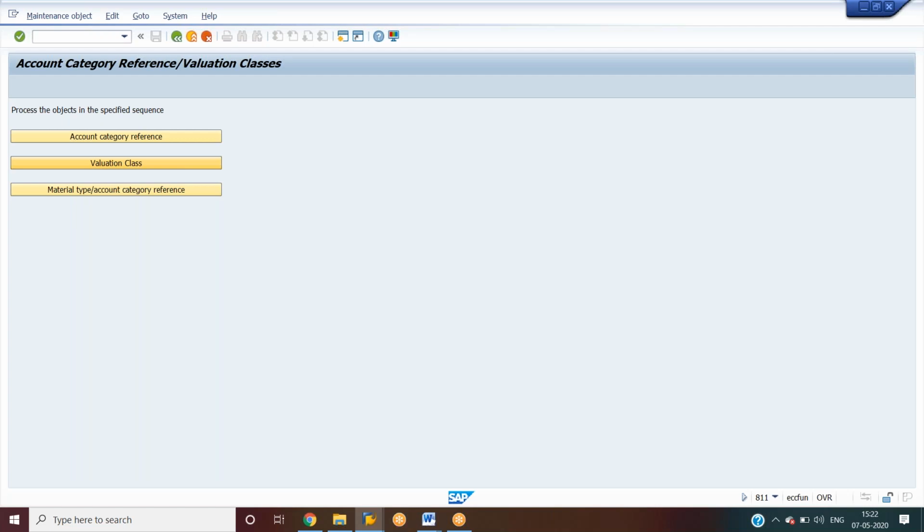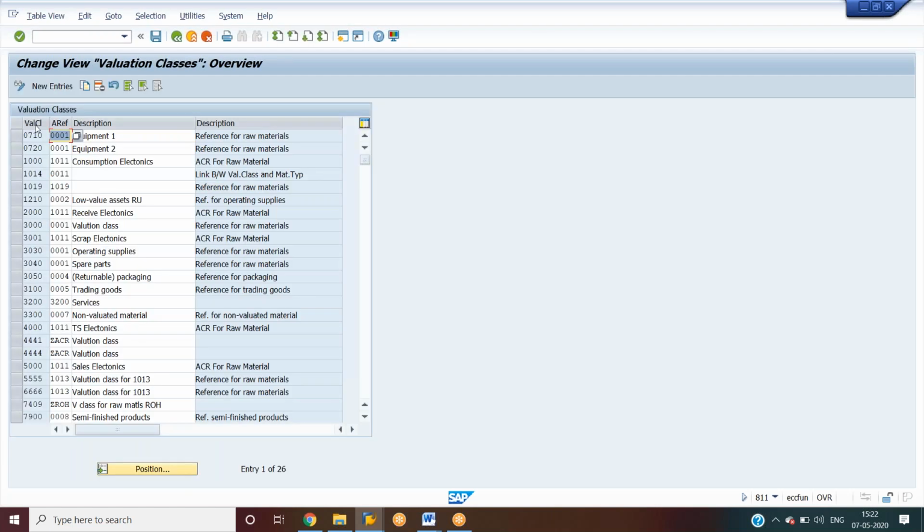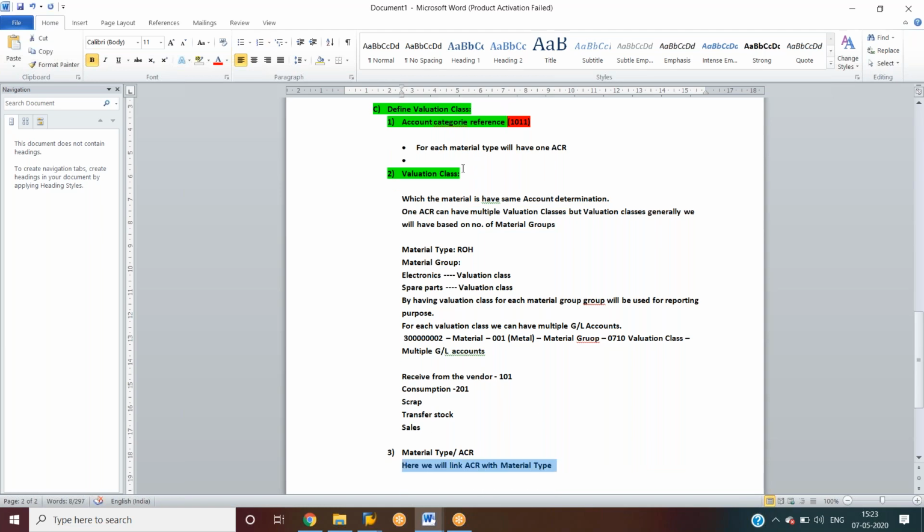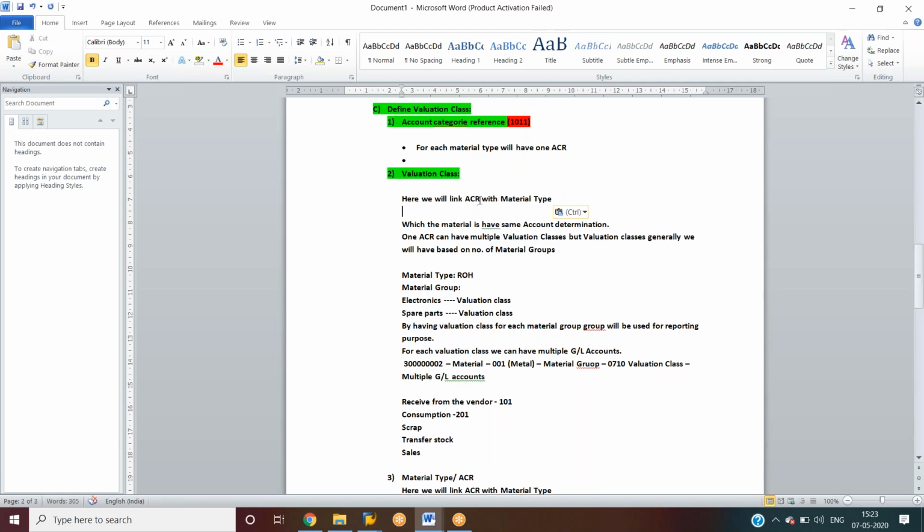At the valuation class, we linked valuation class with the account category reference.